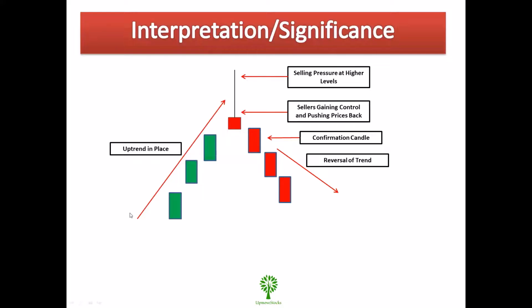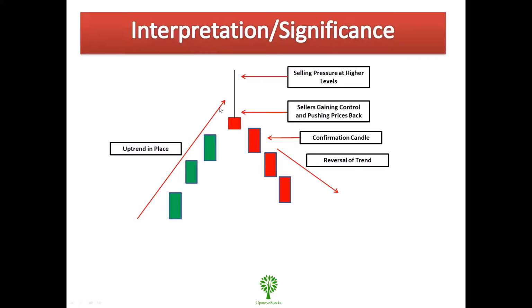So there should be an uptrend in place in that particular stock or index. You will see a candle like this shooting star candle where the upper wick will be at least twice the size of the real body of the candle. This shooting star candle basically indicates that the stock or index could not retain higher prices and selling pressure came at higher prices, and sellers were able to dominate and push the prices back down to lower levels. The small real body of the candle indicates that the closing prices are near the opening prices. There may or may not be a wick at the lower end of the candle.